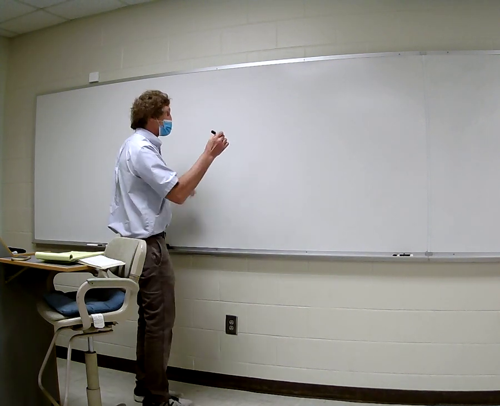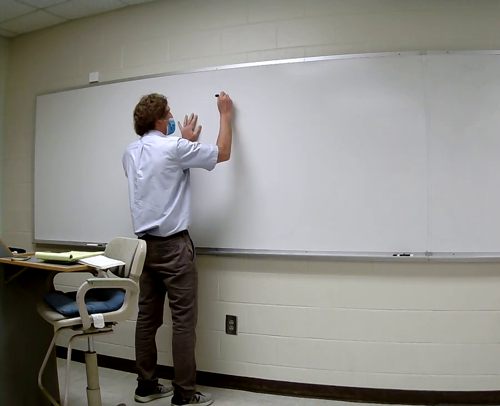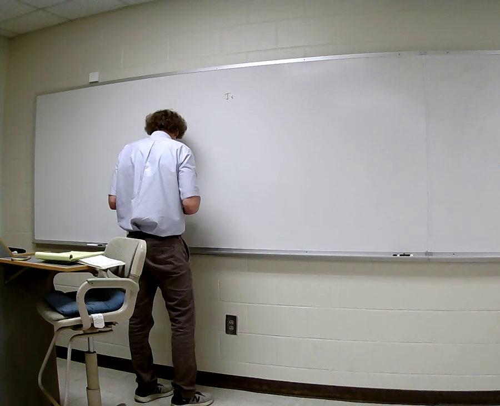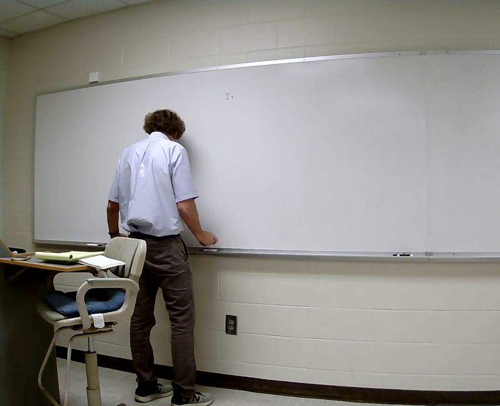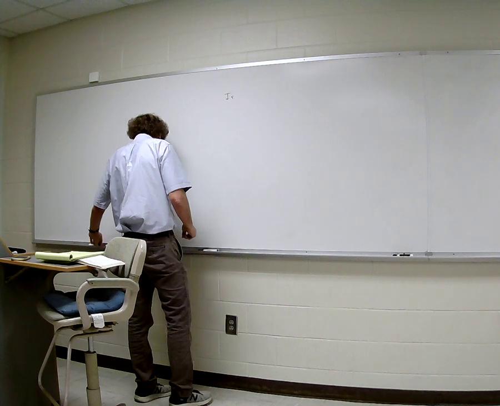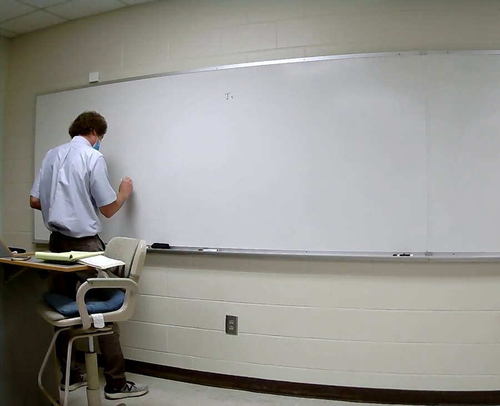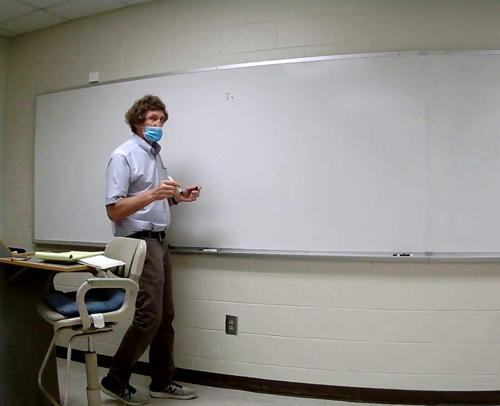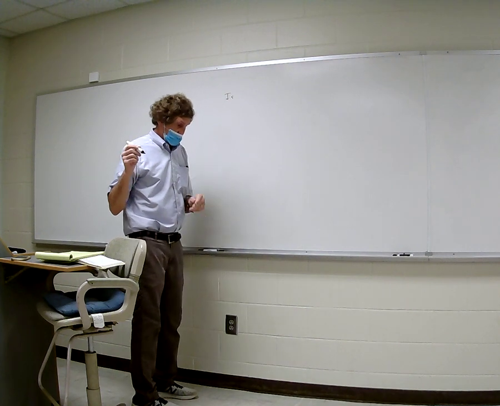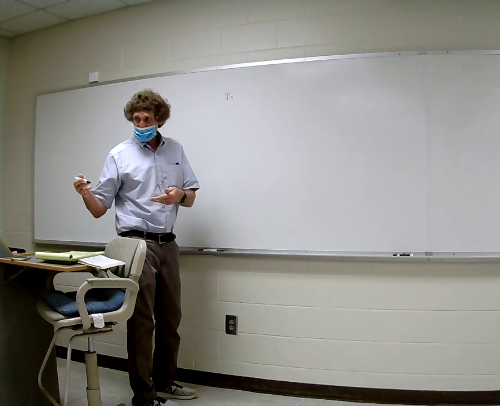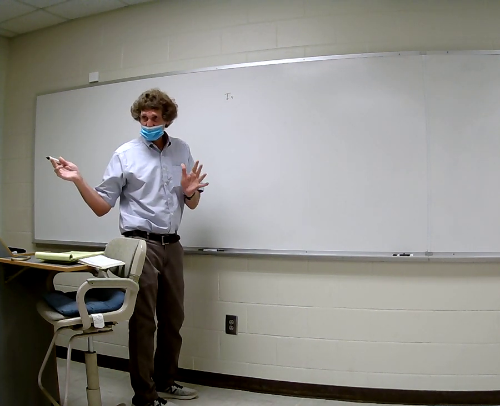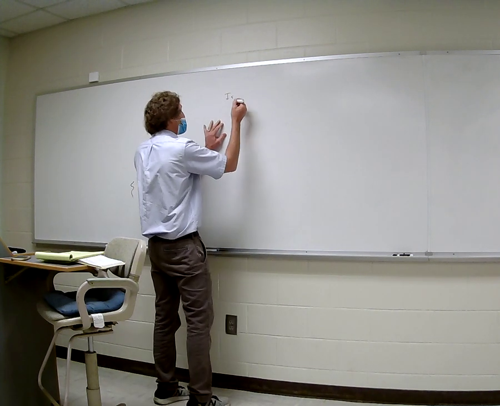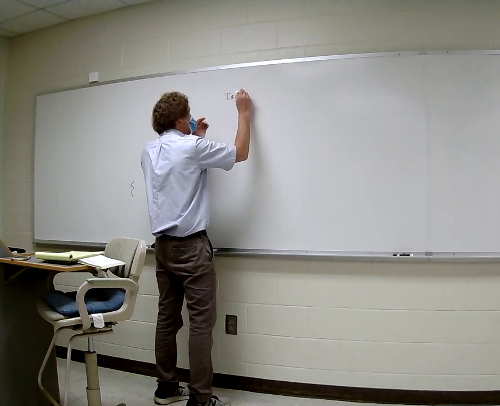So let's start by saying if we have the isotropic array, what I want to do here is talk about the fields first, and then talk about the power, which is proportional to E squared. So you'll understand that this is not that big of a jump. So for isotropic arrays,